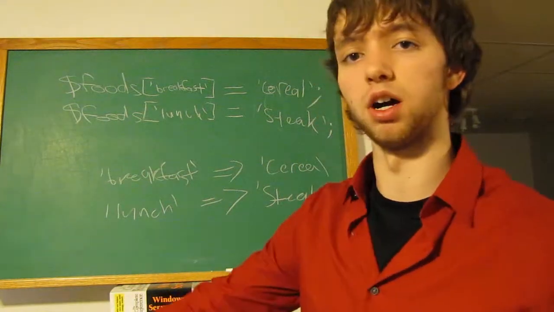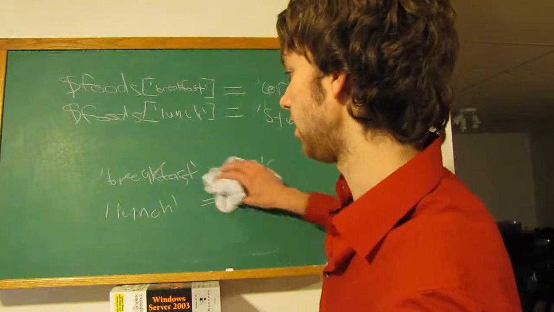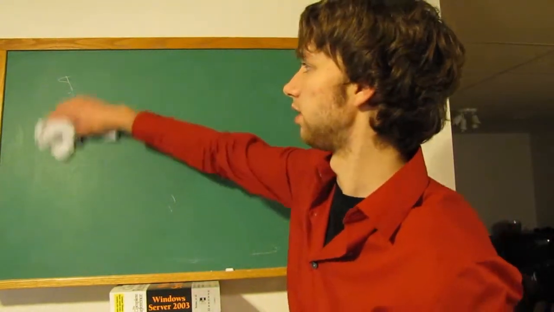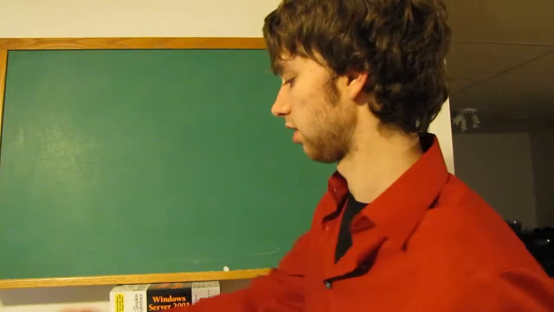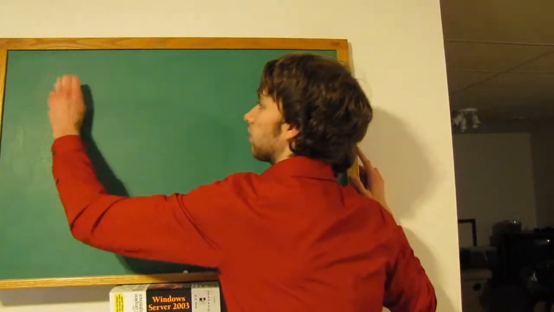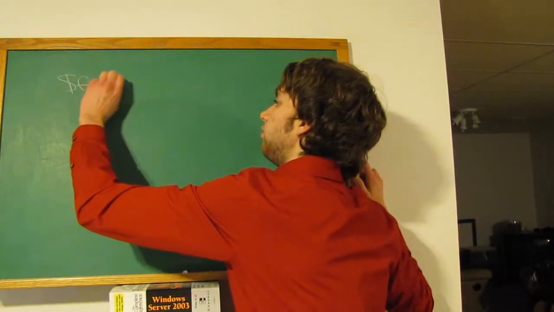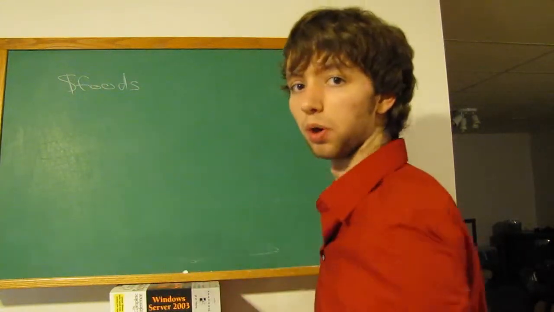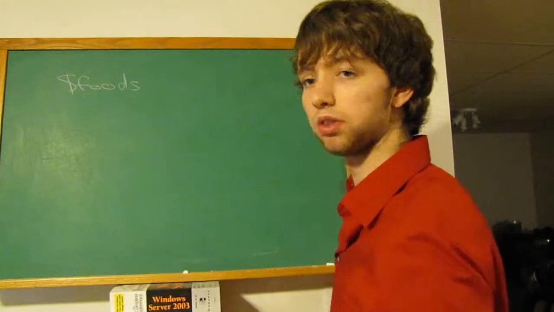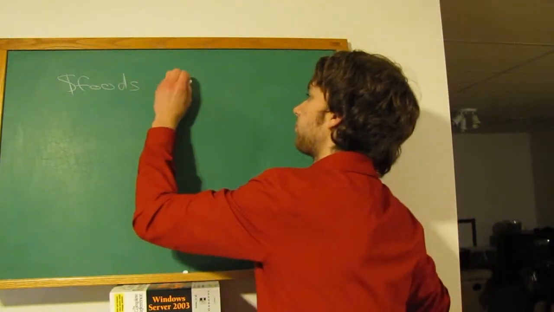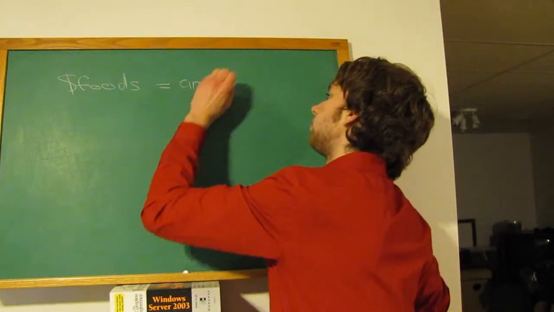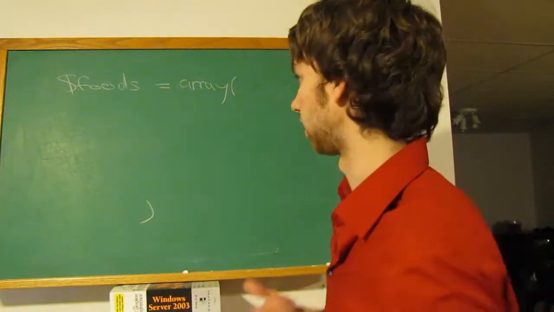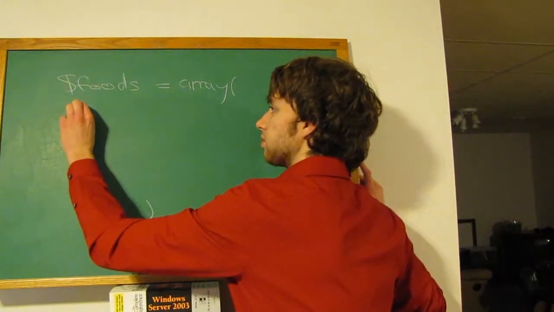Just like with the indexed version, we had a function to do it. We could also do that with the associative version. So we could say foods without the brackets because we're assigning the whole array, not a specific value within the array. And we could say array, open the parentheses, and then close the parentheses. This is a little more complicated. What we're going to do is make a string,